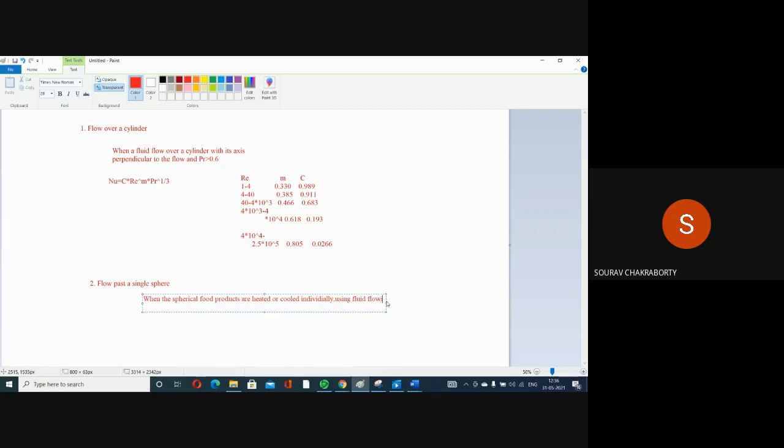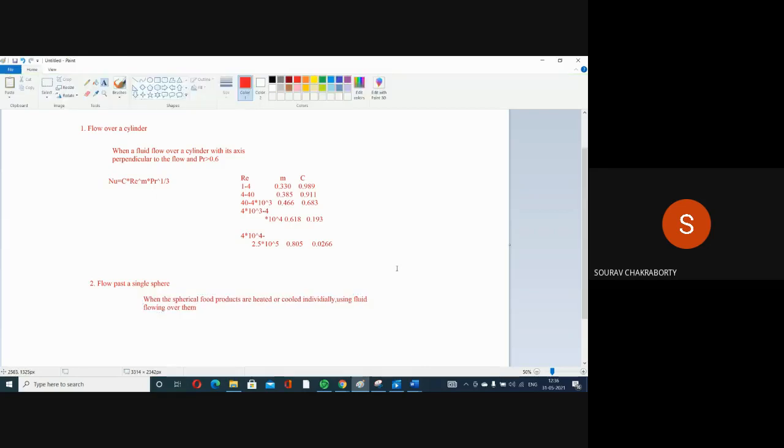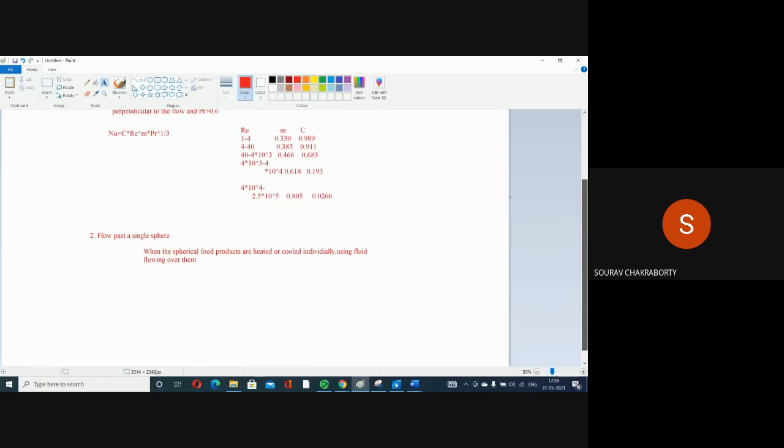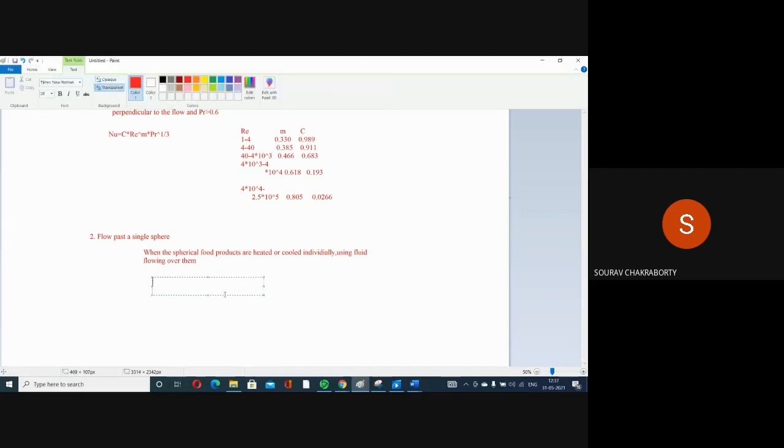If you have a case like this, that you have a spherical food product that is being heated or cooled, and the fluid is flowing over the spherical product, how do we determine the convective heat transfer coefficient? We will be using this expression, that Nusselt number equals 2 plus 0.6 into